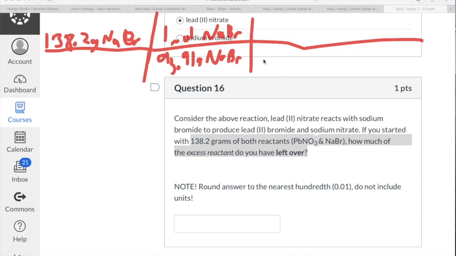And then looking at my conversion table, I know it's 2 moles of sodium bromide, right? So here's moles of sodium bromide. So I'll write in moles sodium bromide. And I know it's 2 moles for every 1 mole of,